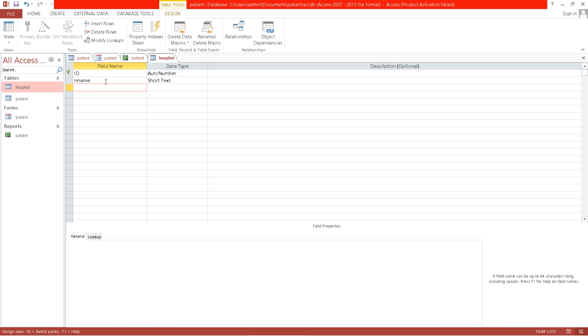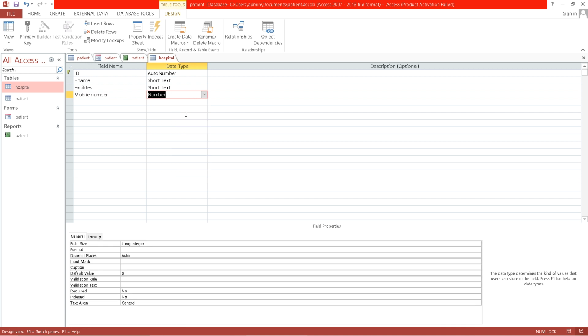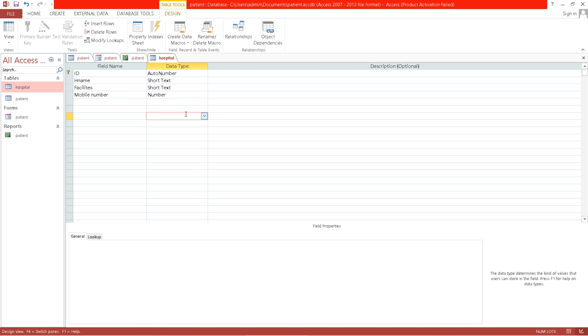Then what are the facilities? Okay, and the contact number. Okay, it is in number format, so we can select number like this. Okay, and again you have to save it.